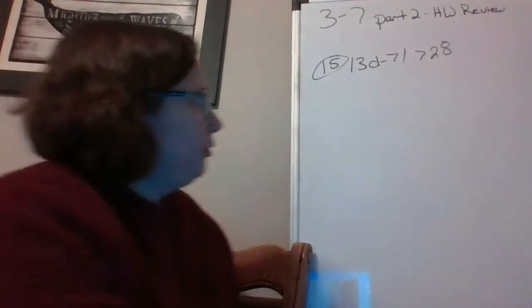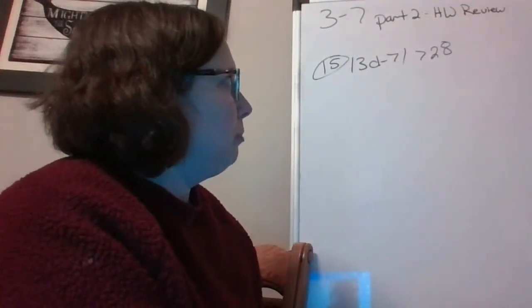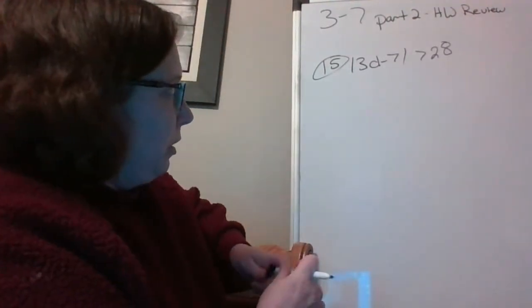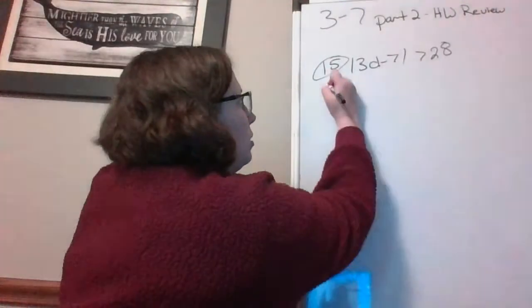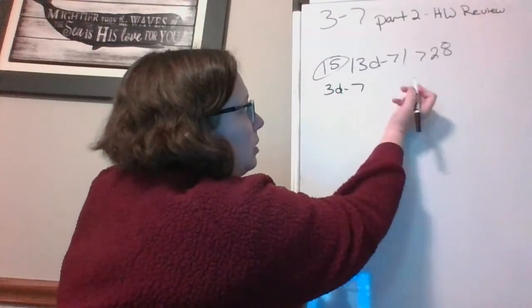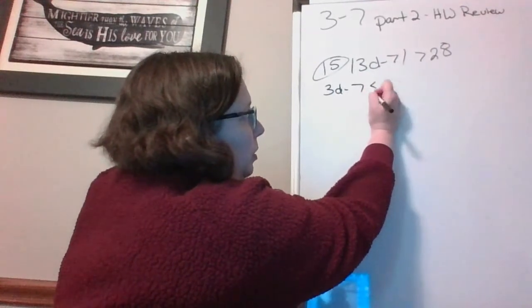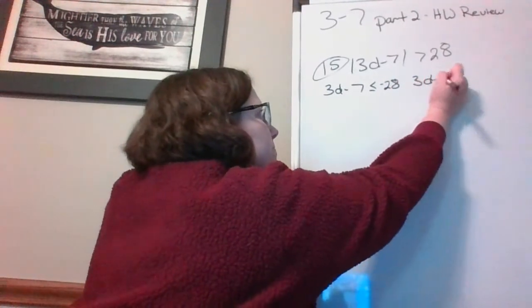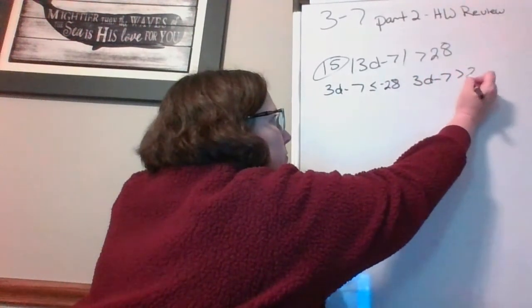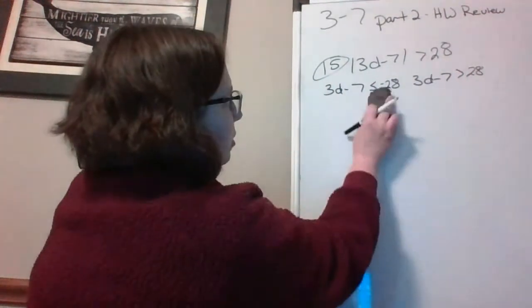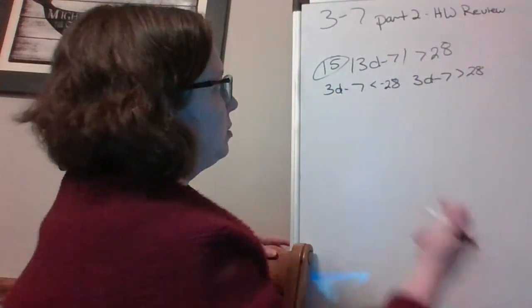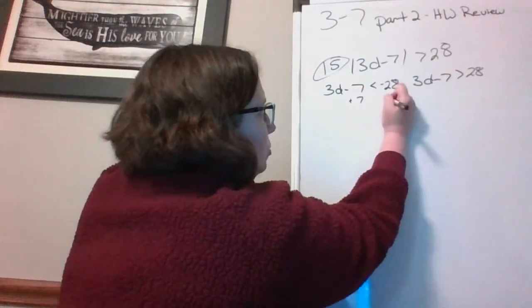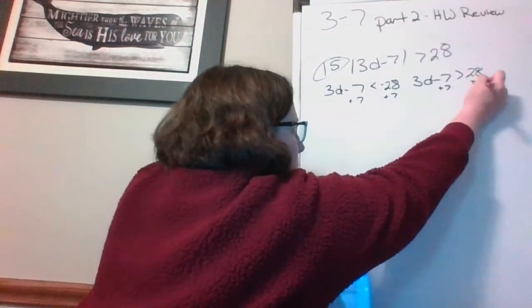All right, so number 15, we have the absolute value of 3d minus 7 is greater than 28. Greater than means that this is going to be an OR. So we are going to have to split these. Remember to flip that inequality on your negative side. Just greater than, so you'd have a less than and a greater than. And then we are going to solve this two-step